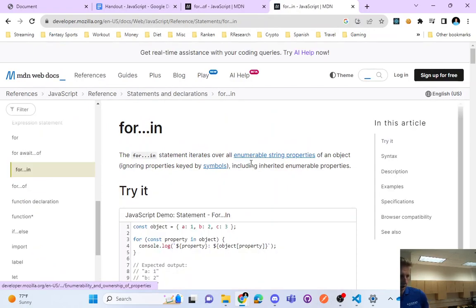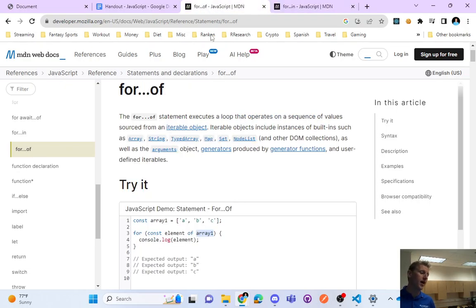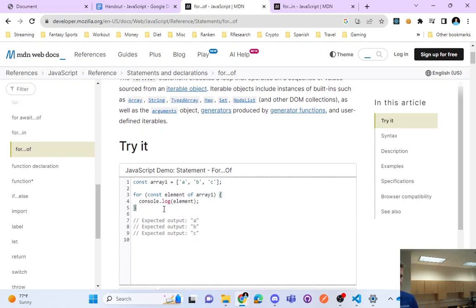Okay? And when you look at the example here, for in is used with objects. So along the way, I learned, and I believe this is still true, you want to use for in for objects, you want to use for of for arrays. And if you just go to the MDN docs, they show you the syntax. Okay, so here's your array, for of element of array 1,